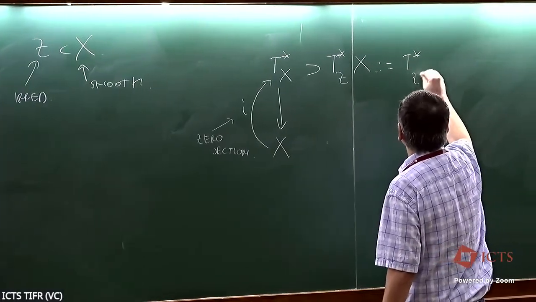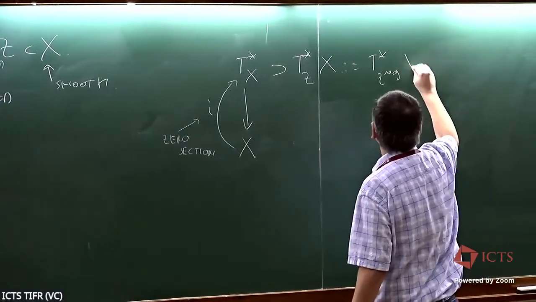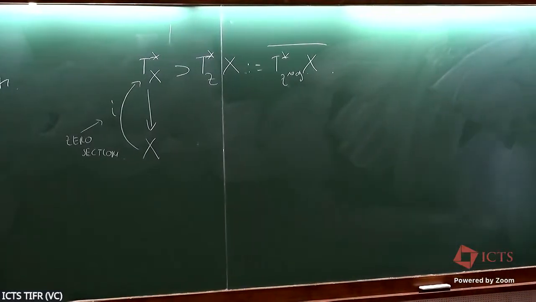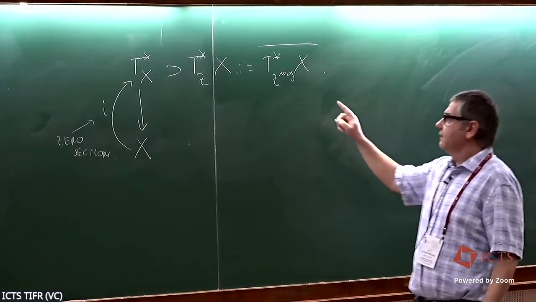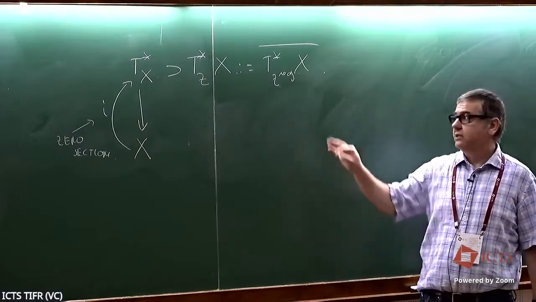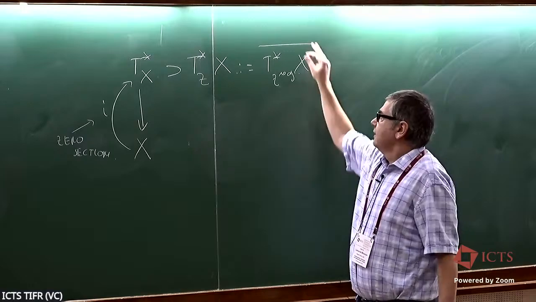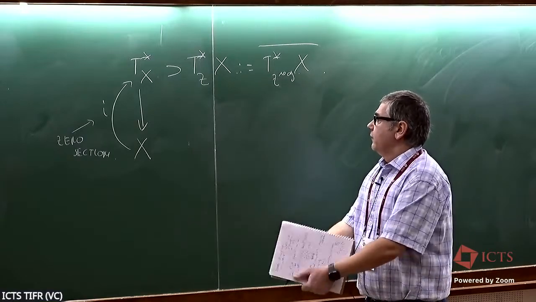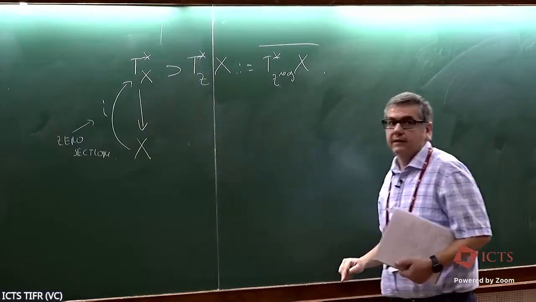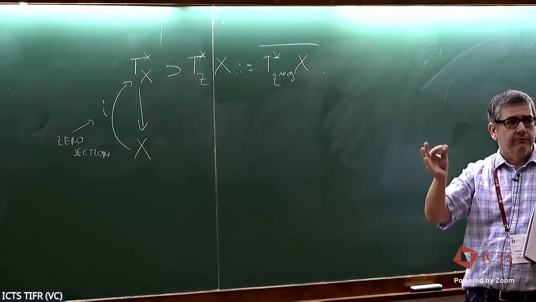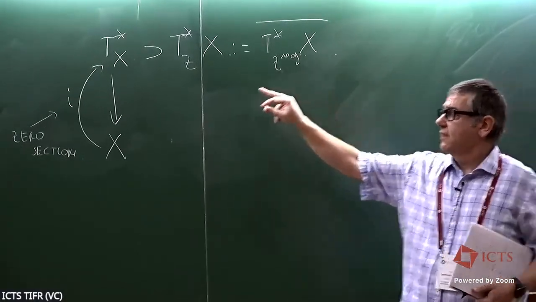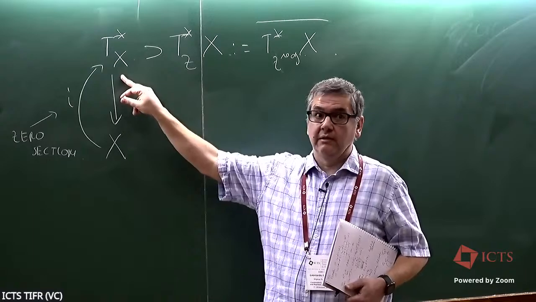It's the Zariski closure of the regular part inside the cotangent bundle, inside the total space. So of course we know that Zariski closures are bad operations in algebraic geometry. So this is a difficult thing to understand, but if Z is irreducible, this is going to be also irreducible. And in fact, it's a theorem by Kashiwara, also proved independently by Kennedy, that these are the only conic Lagrangian cycles inside the cotangent bundle which are irreducible.